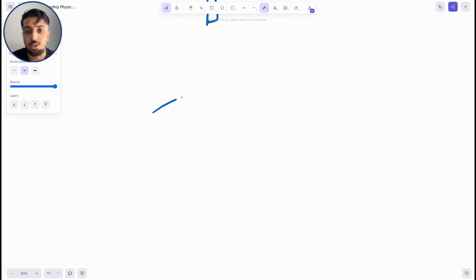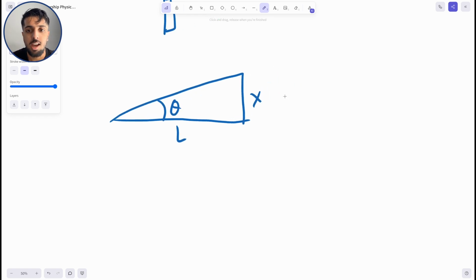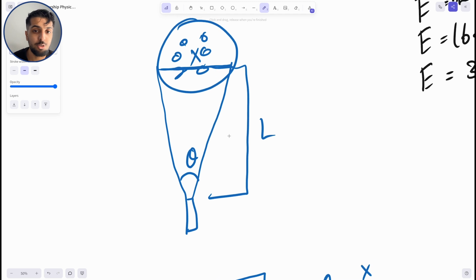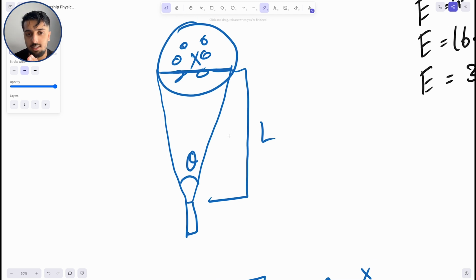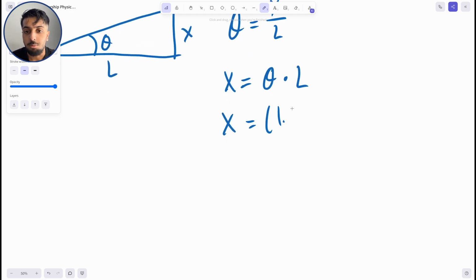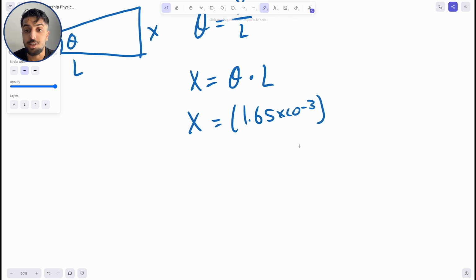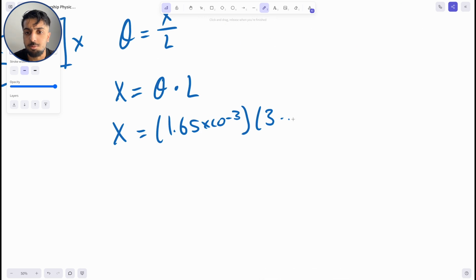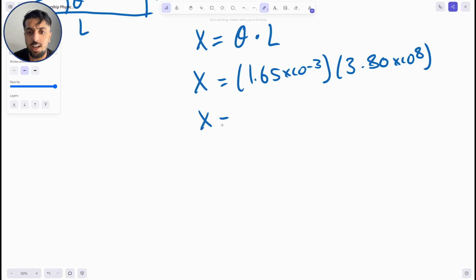Now using this, we can use our small angle approximation, where we have our theta here, our L here, and our X here. Because of the small angle approximation, we can say that theta is equal to X over L. And in order to find the number of photons hitting the moon per second per square meter, we need to find this X value, because that is the distance that the photons are going to be covering. So we can rearrange this equation for X, and we get X equals theta multiplied by L. So X is equal to 1.65 times 10 to the negative 3 times L, which is the distance from the Earth to the moon, 3.8 times 10 to the 8, and that gives us an X value of